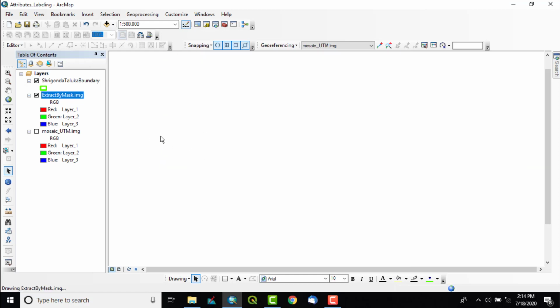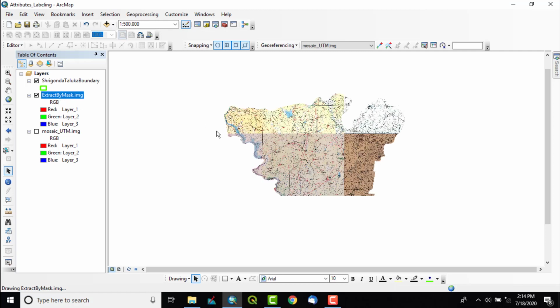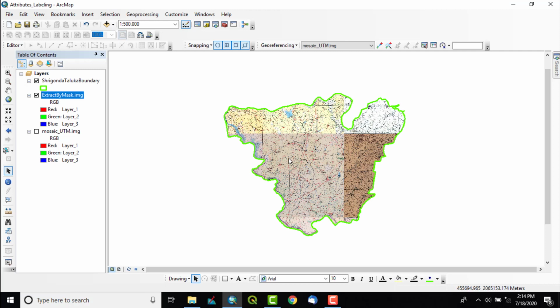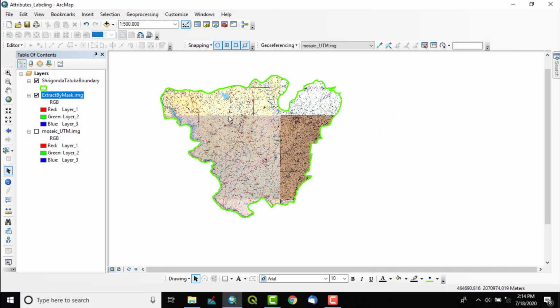I will just turn it off so that I can see whether that newly created file has been executed correctly or not. So you can see here, as per the shape of the shape file, the raster topo sheet has been clipped or cut.